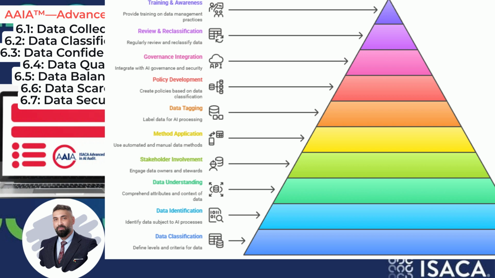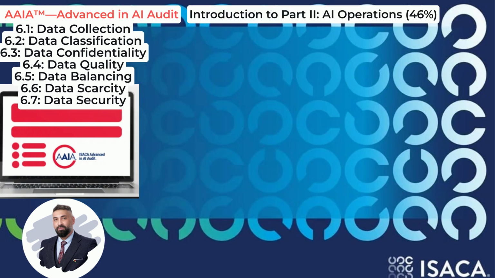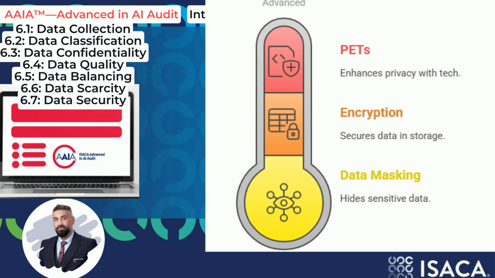Data classification also comes with its challenges. Volume and variety of data. The sheer scale and diversity of data used in AI can make classification a daunting task. Dynamic data. Data that is constantly changing or being updated can be difficult to classify consistently. Inferred sensitivity. AI models can sometimes infer sensitive information from seemingly non-sensitive data, making it hard to classify the original data accurately for all potential risks. Balancing utility with protection. Overly strict classification might hinder data accessibility and utility for AI development, while too lenient classification can increase risks. Finding the right balance is key.